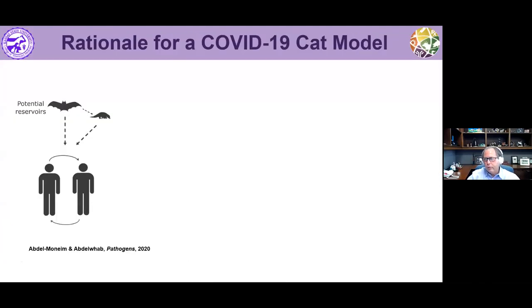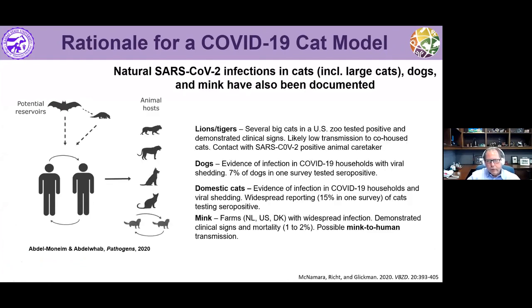So what is the rationale to do a companion, in this case, a cat model? We all heard that the potential reservoir of this virus, COVID-19, SARS-CoV-2, is most likely bats, and then either via pangolins as an intermediate host, or directly from bats, it spilled over to humans and caused the epidemic and then pandemic. We also know that there are natural infections, not only in humans with SARS-CoV-2, but also in cats. We had an outbreak in a zoo here in the United States, in the Bronx, in tigers and in lions. And then in house cats, domestic cats, and in dogs, and we have outbreaks in mink farms,